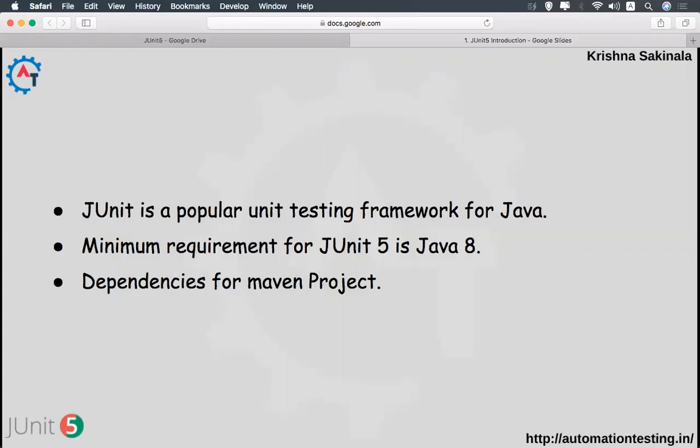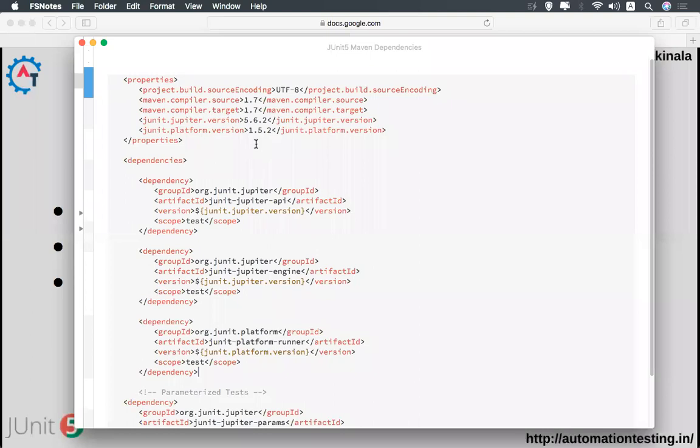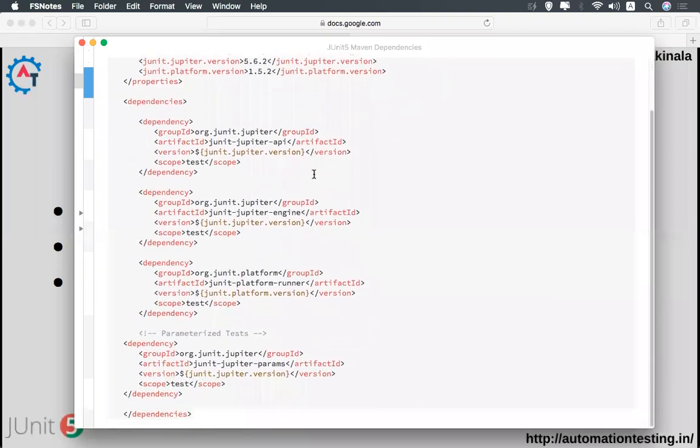Here I have written some of the dependencies which you need. You need JUnit Jupiter API. This is one of the dependencies you need to add to your pom.xml in the Maven project. One more is JUnit Jupiter Engine. The third one is JUnit Platform Runner.